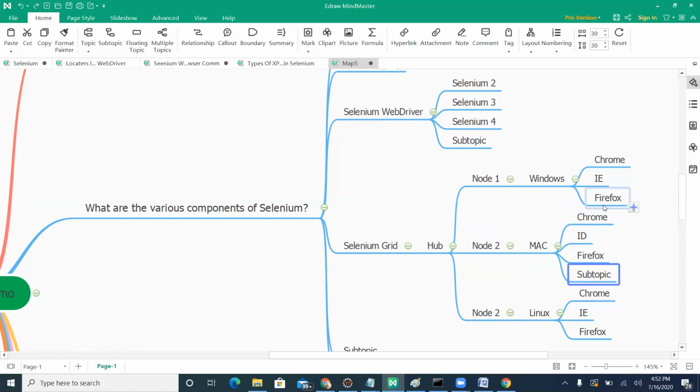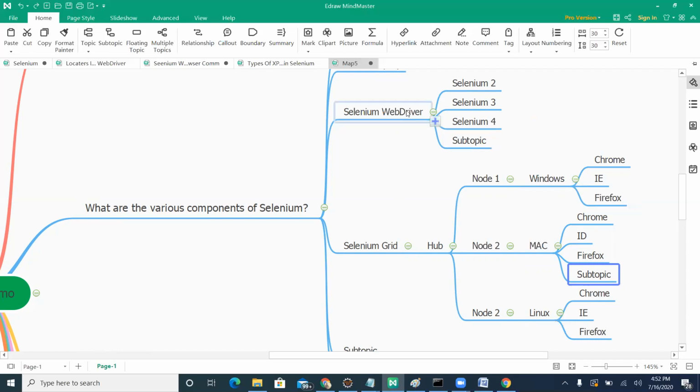You may get a question like: if you are writing all the code in Selenium WebDriver, does Selenium WebDriver not have the ability to execute on all these platforms and browsers? Absolutely not. There is no feature in Selenium WebDriver to execute on multiple platforms as well as multiple browsers.